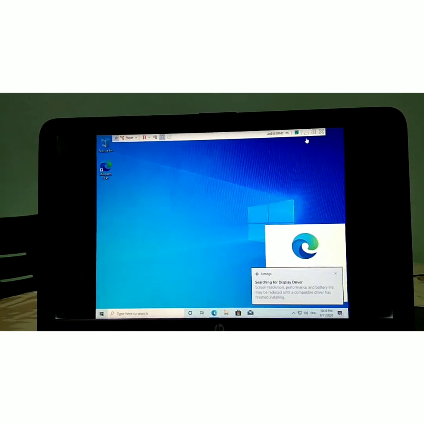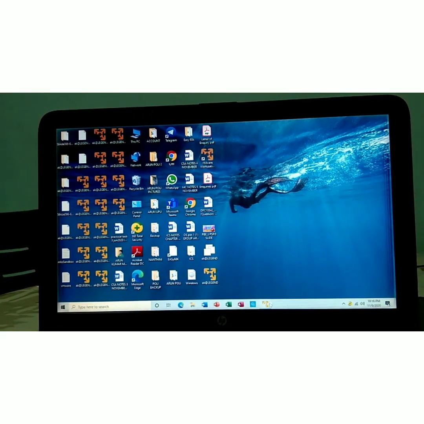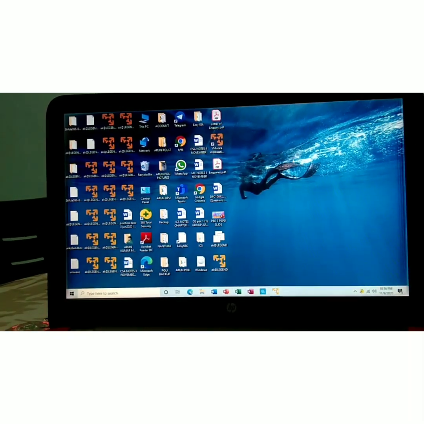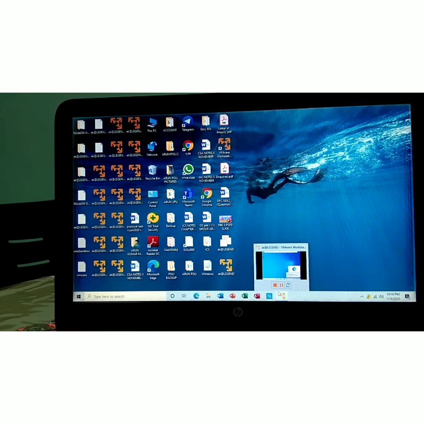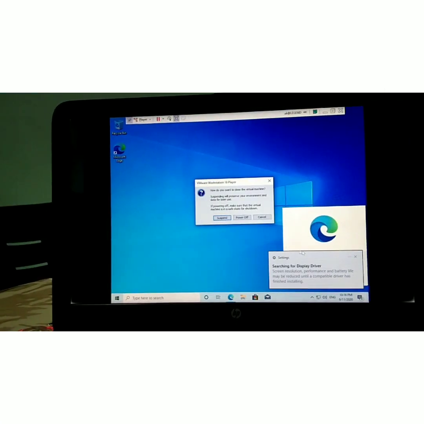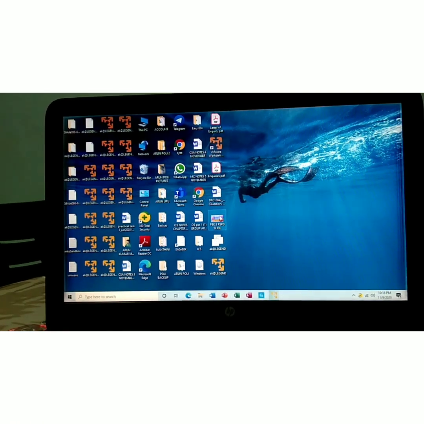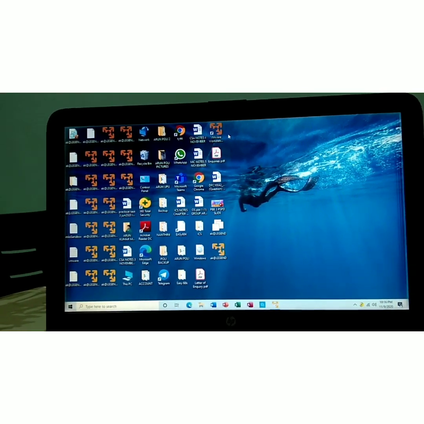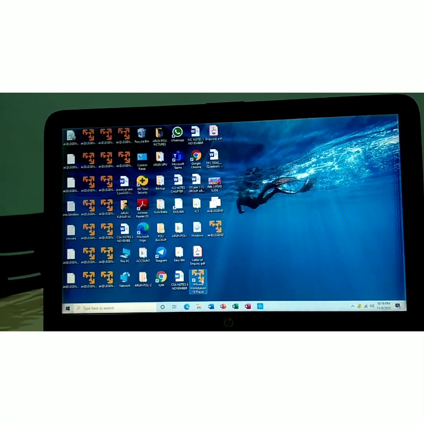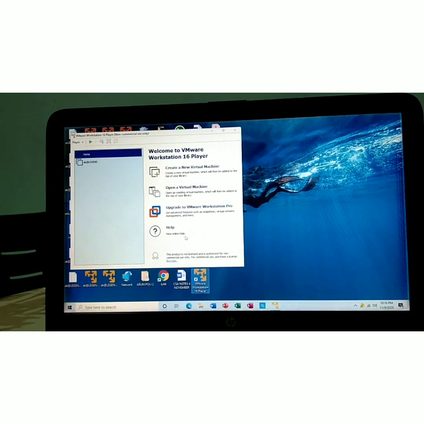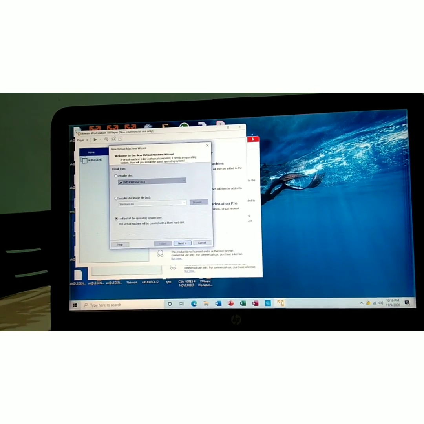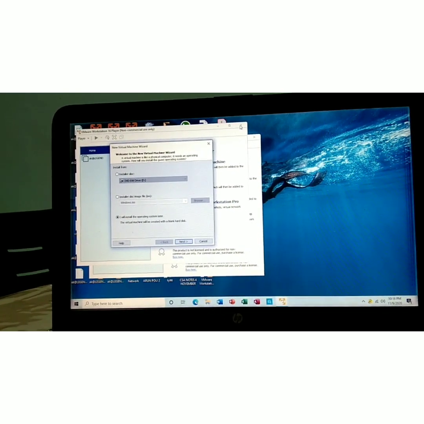And next, I am going to the VMware settings again, and I'm turning off this. You must suspend this first, because I'm going to create a new virtual machine with a new operating system, because we need to create a dual operating system. So we exit one of these options,